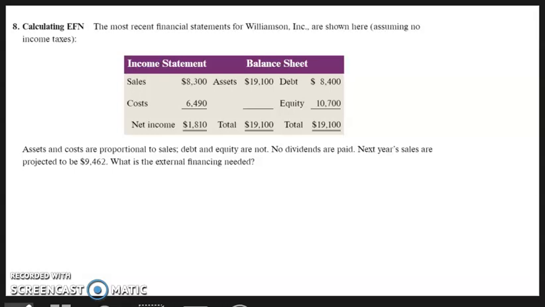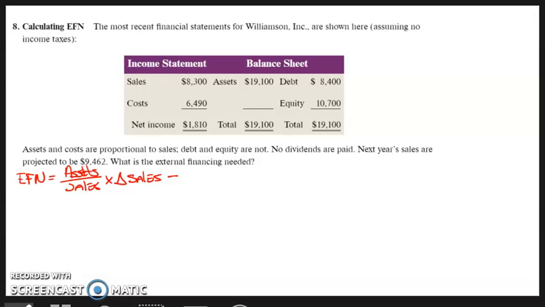Next year's sales are projected to be $9,462. What is the external financing needed? The way I would do this is I would use the formula. External financing needed is assets divided by sales, multiplied by the change in sales,